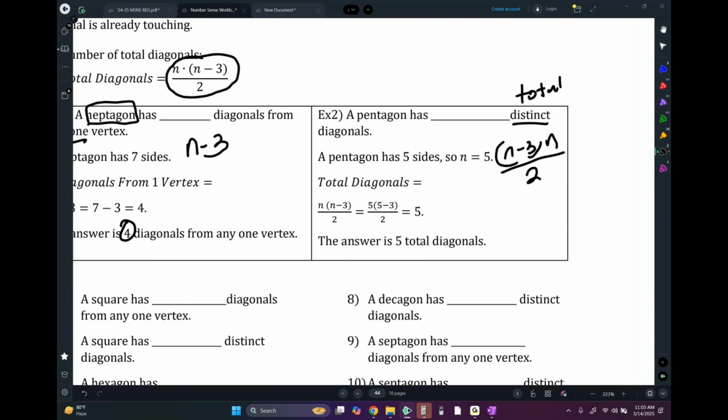Okay? So I'm going to do 5 minus 3 times 5 over 2. 5 minus 3 is 2. 2 divided by 2 is 1 times 5 is 5. So n minus 3 times n over 2. All right. I'm not even going to do this problem with